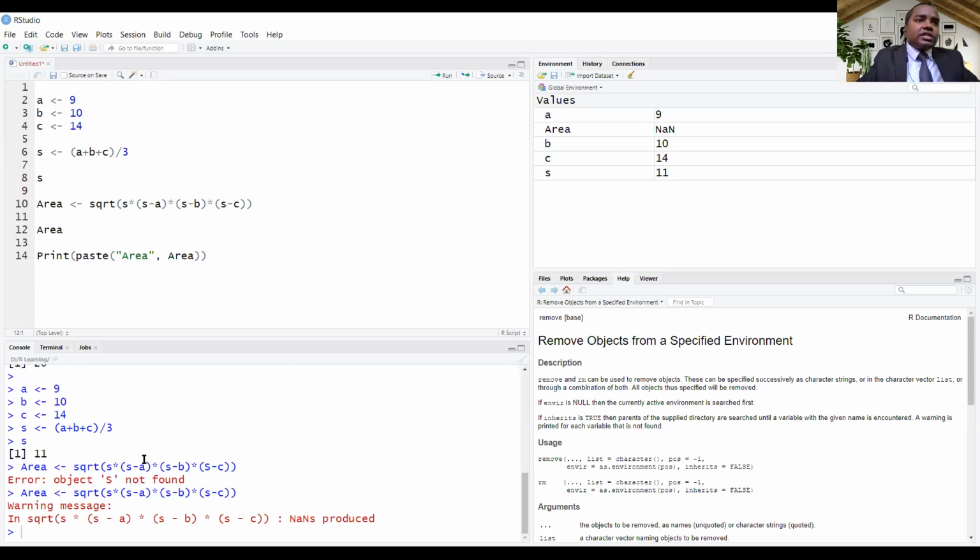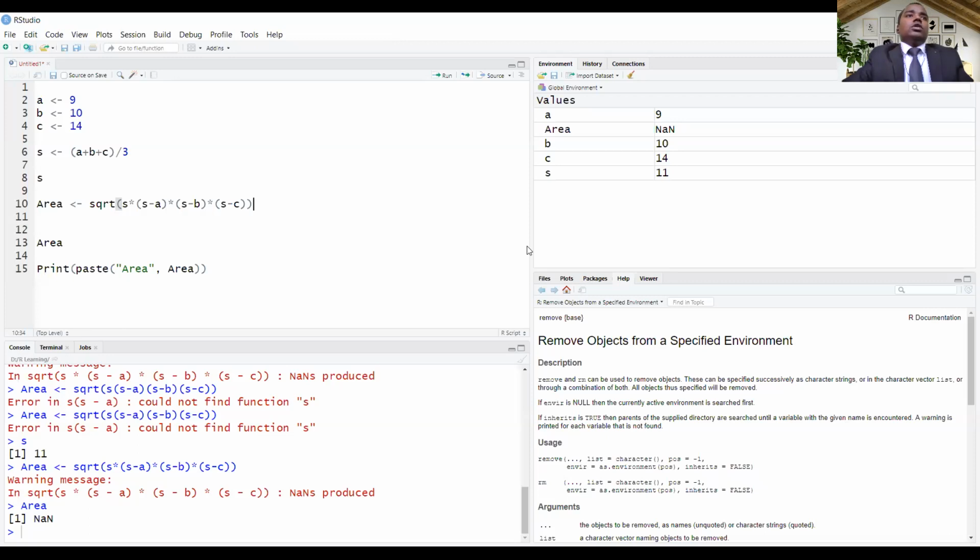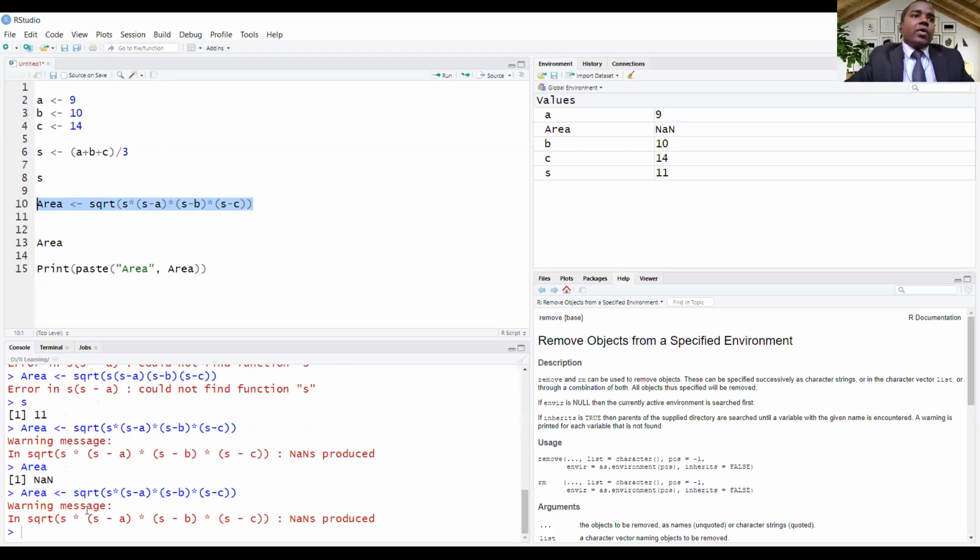Here we can see there is an error. Let's understand what this error is. Friends, we ran this code, area, and it is giving a warning message, NaNs produced.